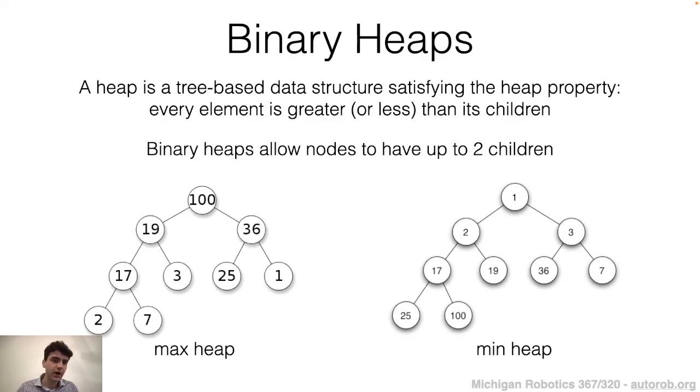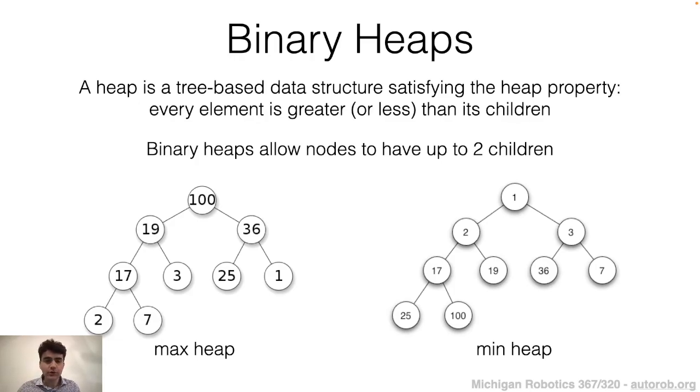So the root of the tree is 100. Its 2 children are 19 and 36. 100 is greater than 19 and 36. And if you were to continue down that process, you could verify that the heap property of that tree is satisfied. Whereas on the right-hand side of the figure, we have a minimum binary heap, where again,